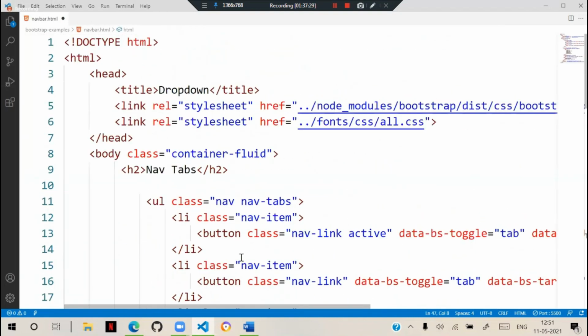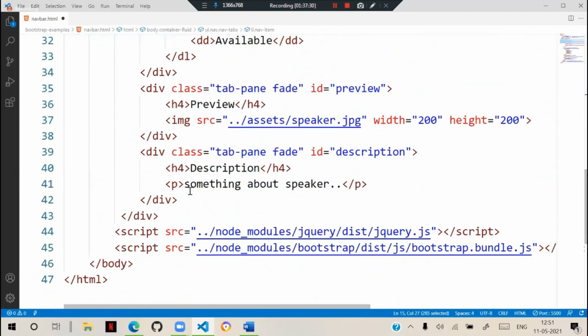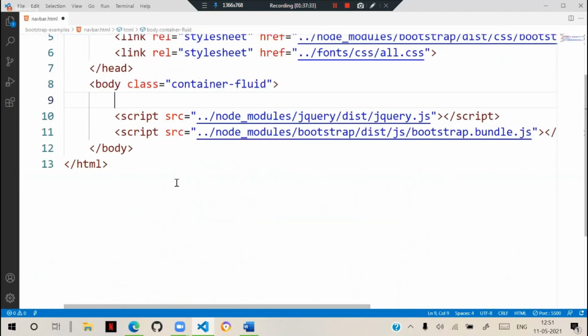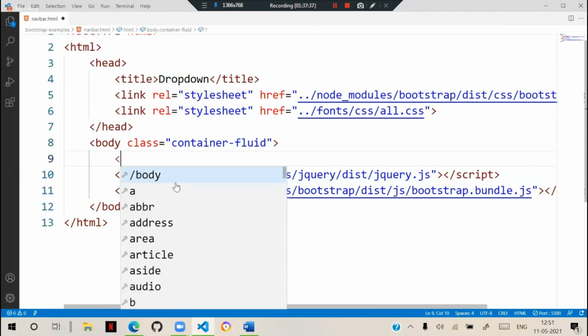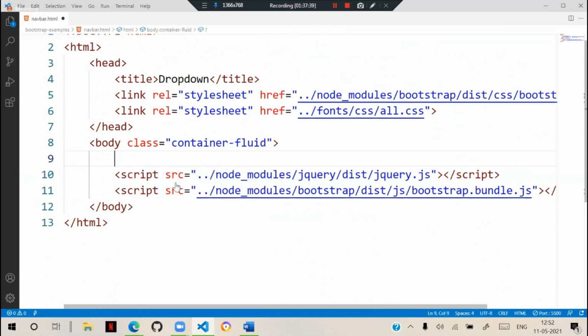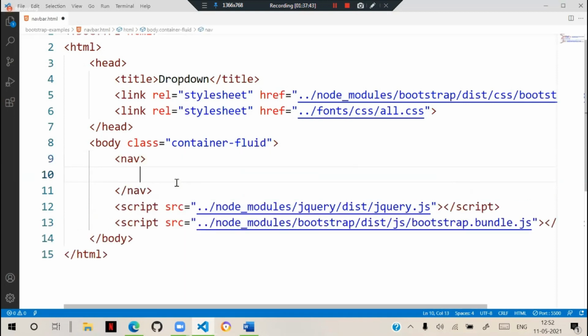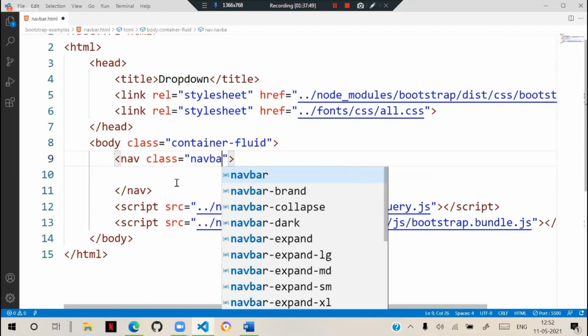Our rest of the options are the same. Your scripts and styles are same. Here we are creating a div, or traditionally for navigations, you can use nav. That will be better. And inside the nav, we are adding a class called navbar.